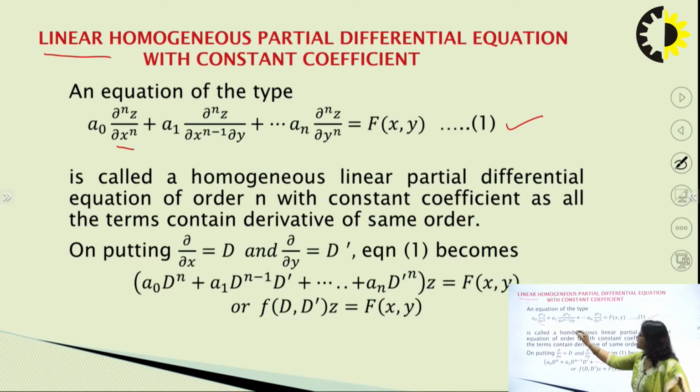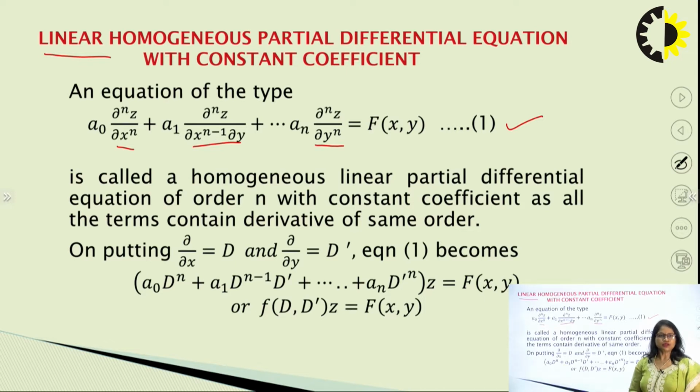The next term also has power 1, and so on till the last term, all have power 1. So if the power of the derivative is 1, the equation is linear in nature,